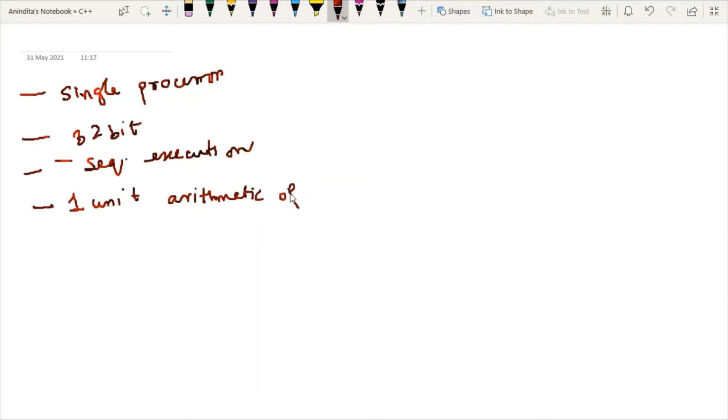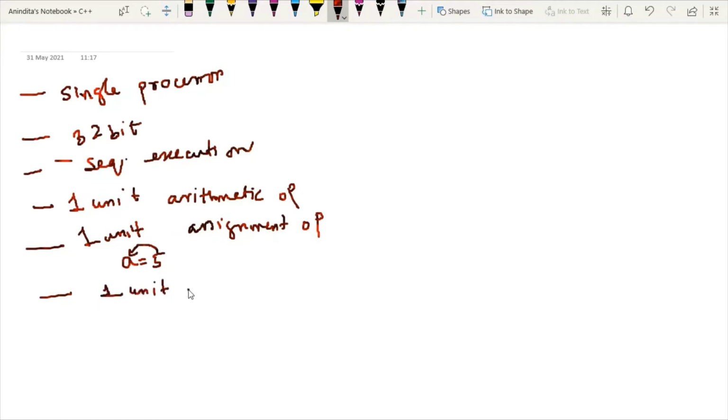Arithmetic operation means addition, subtraction. 1 unit of time is required for an assignment operation. Assignment operation means, say, a equal to 5, so I am assigning 5 to a. So these are the basic assumptions. And the last assumption: if I have any return statement, that return statement will also take 1 unit of time.